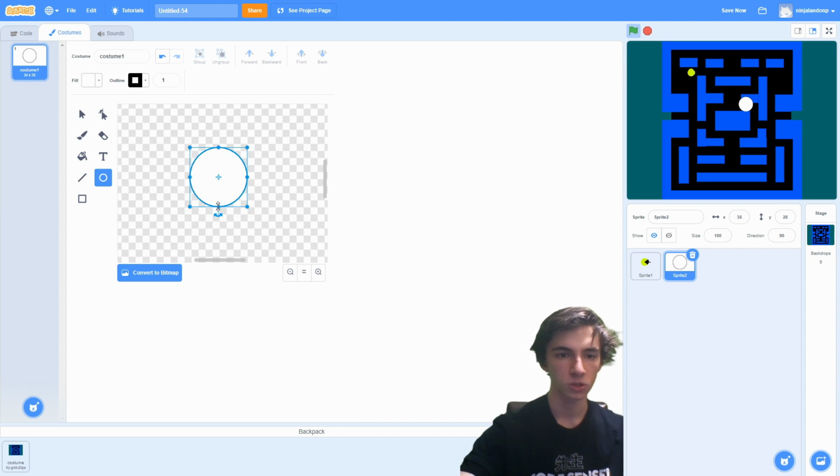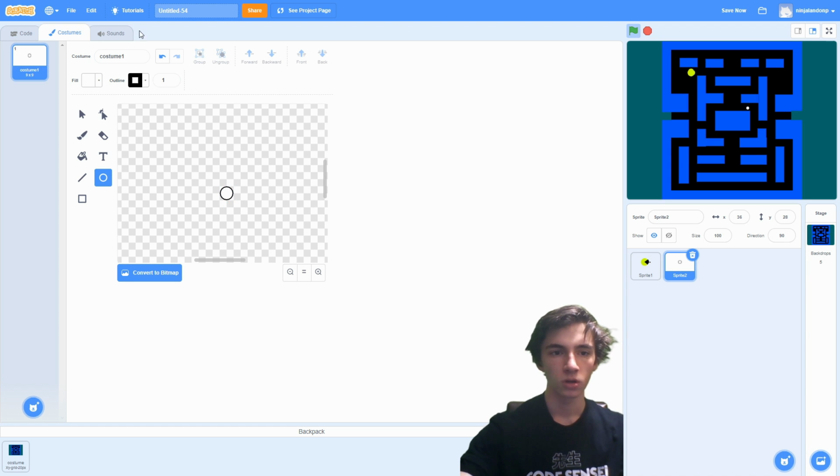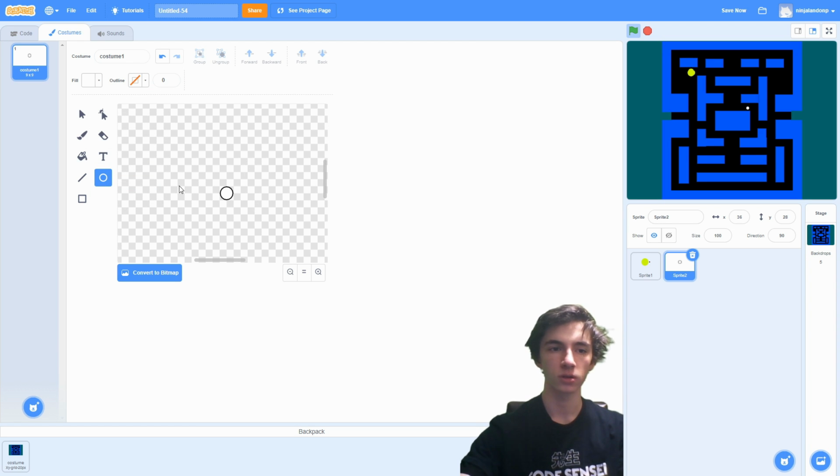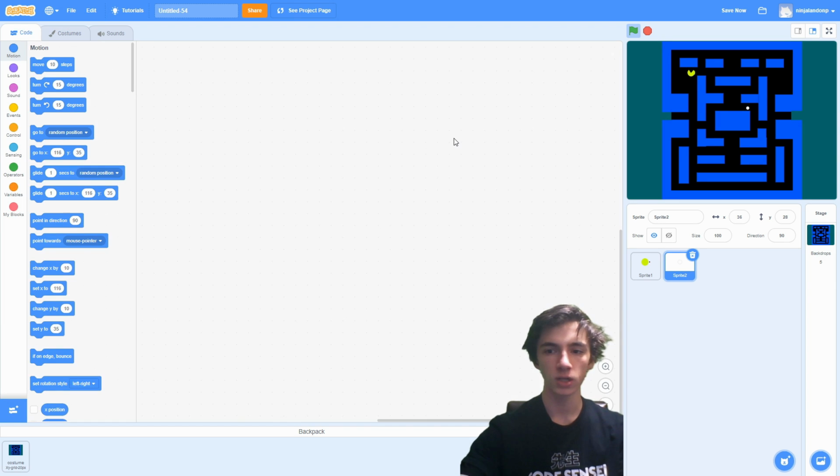Let's just there. Let's make it a little bit smaller. It's too big. We'll also want to remove the outline. Maybe a bit smaller. Yeah, that's good. And we can remove the outline too. There we are. Okay, so now that we've done that, remove the outline, we are going to clone the dots